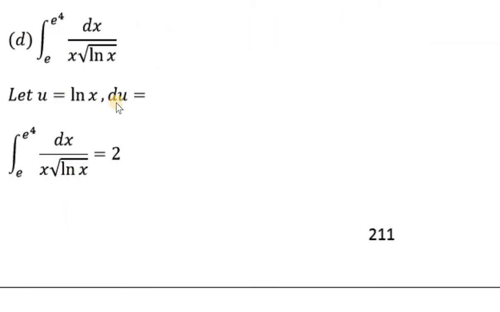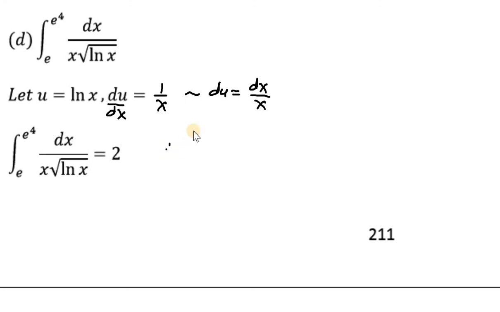Okay, last question, this one. Definitely we have to use a U-substitution. Sometimes it works, sometimes it does not. Like this one, let's try it. Let's say the inner function is ln x, so du dx, the derivative of ln x, is 1 over x. So it's easy. You can see that du is actually dx over x. You can replace that dx over x with du. Right. So this question